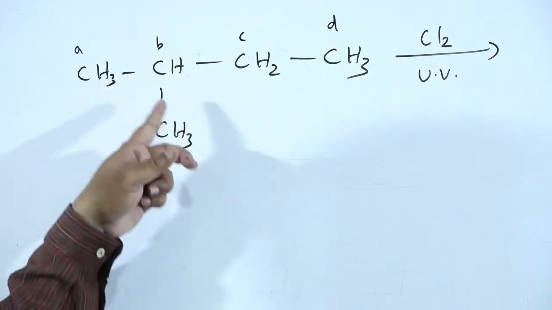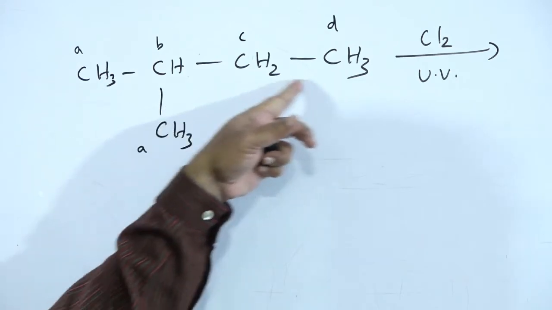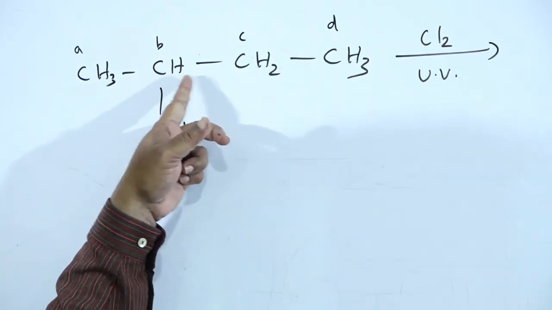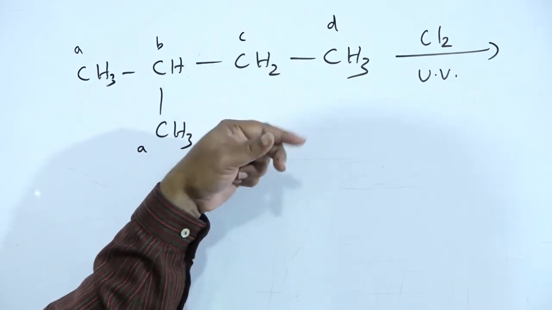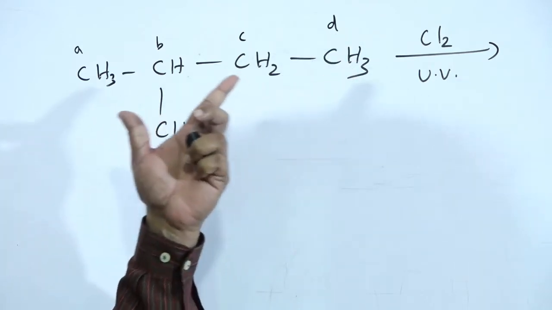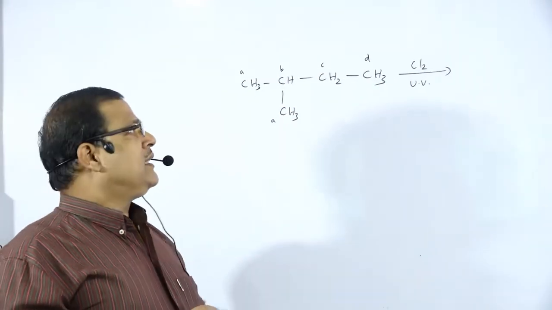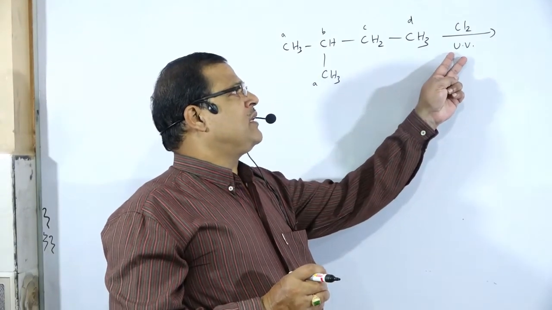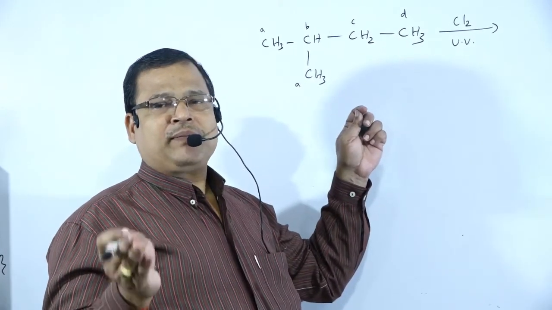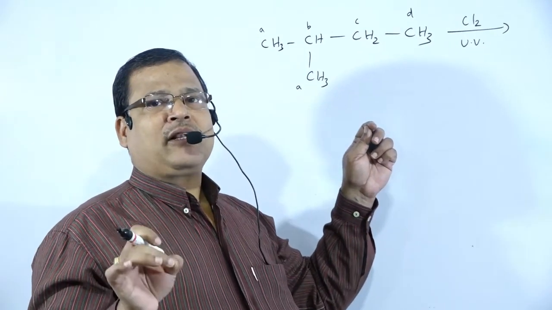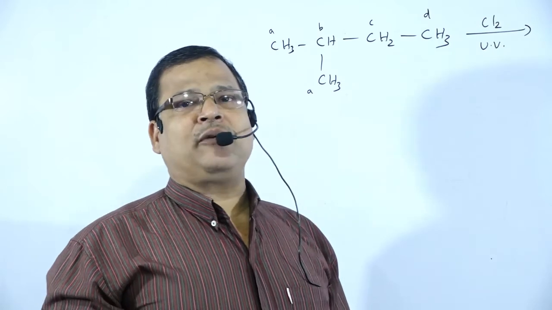A hydrogen atoms may be replaced by chlorine. B hydrogen atom is attached to two methyl groups and this ethyl group, that is another kind of hydrogen atom. Again, the C hydrogen atoms are of a different kind, and D is another kind. So in this molecule there are 4 different kinds of hydrogen atoms. Then how will this chlorination be carried out in presence of sunlight? Any hydrogen atom A, B, C, or D may be replaced by chlorine, giving different products; 4 kinds of products may be produced.